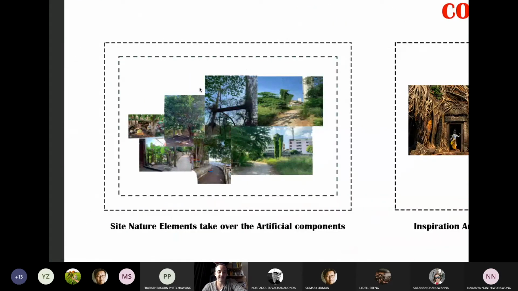This is the site. When the student was visiting the site, he came up with this idea. Oh, I have visited the site and I saw that it's abandoned, and whatever elements have been there for years are being covered by nature. So we need to do a high-rise building. Then he started to think, maybe I should explain how these elements, which were just left there and suddenly covered by nature, can be a part of the design as a design element for his architectural project.